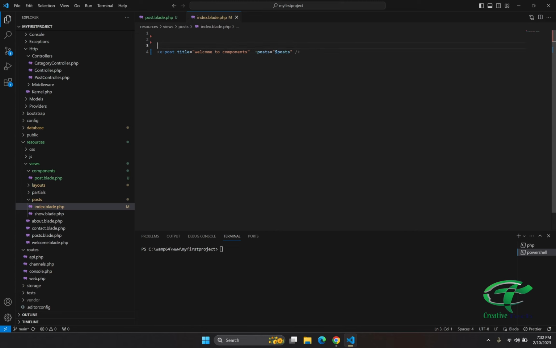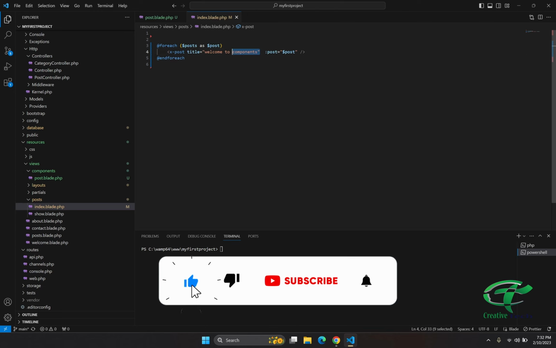Now let's loop through this. So @foreach, so for each $posts as $post, and let's remove the s from here and move this inside. Okay, and let's remove the s from here as well. Now let's remove the title because we don't need it,